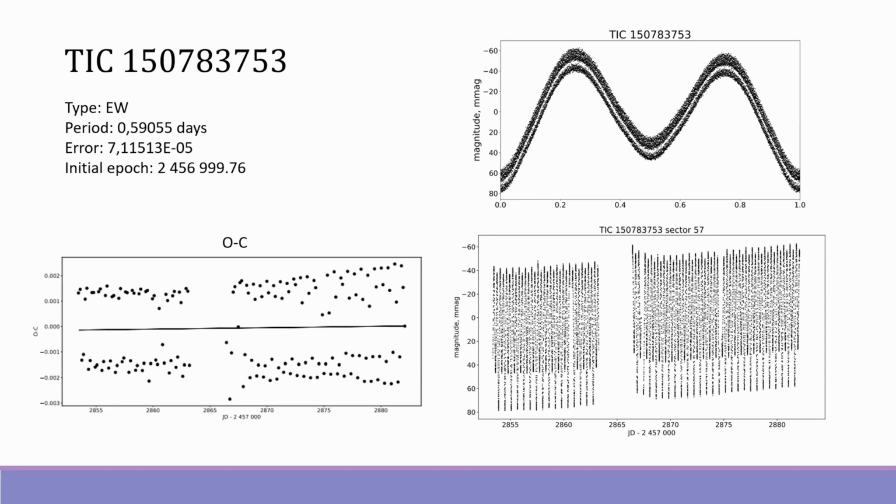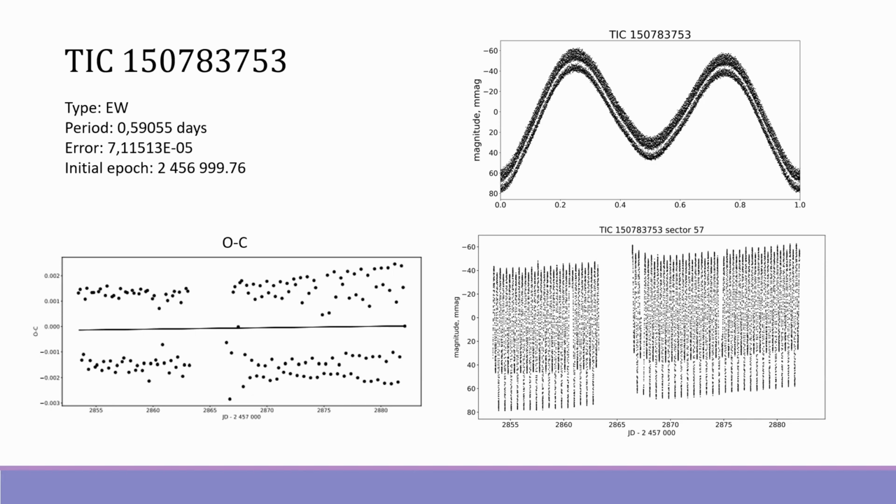At the beginning, we have the usual shape of O-C curves, points randomly spread on a relatively equal level of the modulus of the O-C obtained value. Then, starting approximately from t equals 2868, the points of both extrema have bigger and bigger values of O-C, spreading away from the linear approximation with time. This property of the O-C diagram probably shows us a clue of the presence of precession of orbit eccentricity in this eclipsing binary.